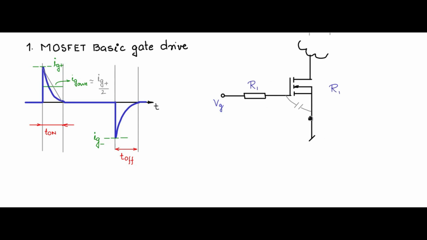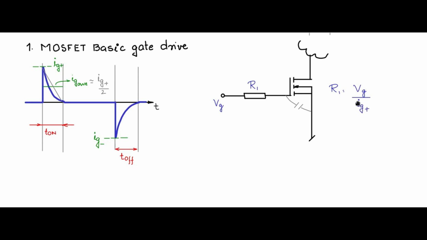So how to calculate R1? Very simple. At the time of turn on dynamics, the capacitor is a short, so the current that is going to flow will be the full VCC by R1, or Vg by Ig plus. So whatever Ig plus is decided, Vg by Ig plus is the value of R1, and Vg normally is the pulse amplitude, which is VCC of the control gate drive.